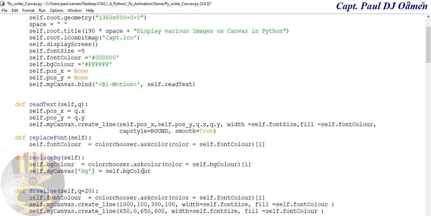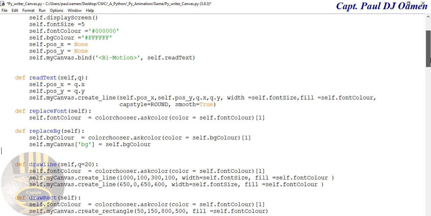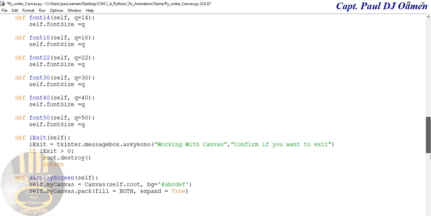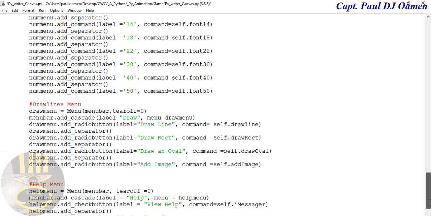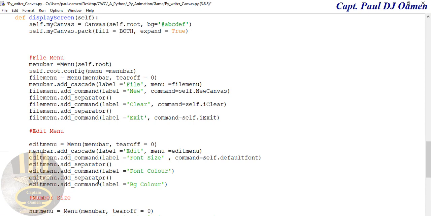Okay, now that is taken care of, we now need to call all of these. We need to call this as well. So I'm going to copy. Let's scroll right down and have a good look at those lines of code first. Let's go right down, and that is going to be edit, right? That's background, this font. So that's going to be command